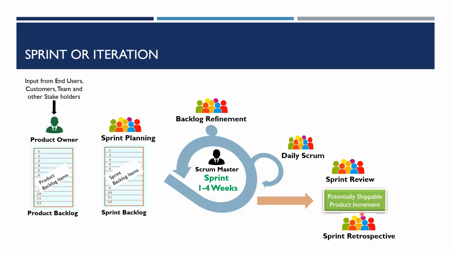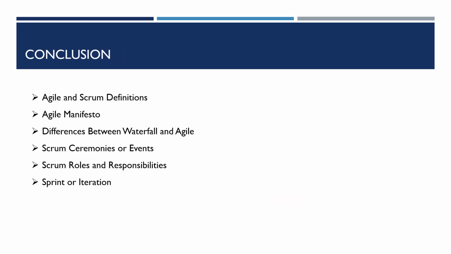Okay. Then on the last day, the team does the sprint retrospective as well. They get together here and they go through how the sprint went and they document the steps to improve in the next sprint. So this is the entire sprint cycle. So we come here on the last.